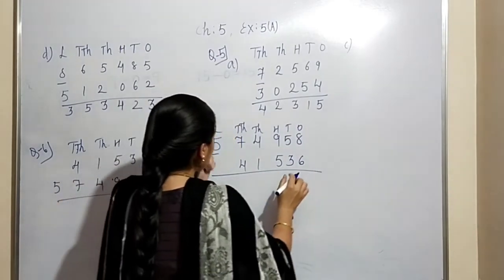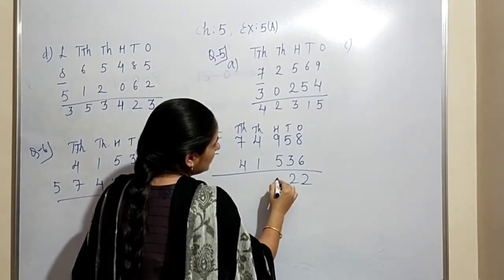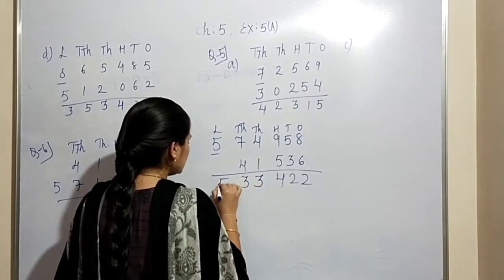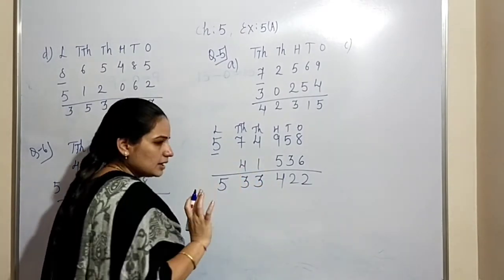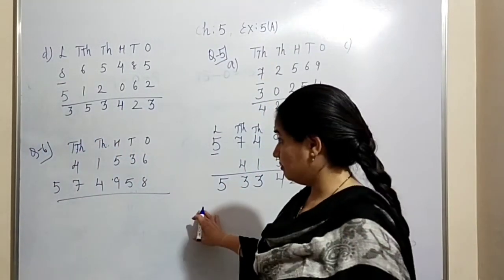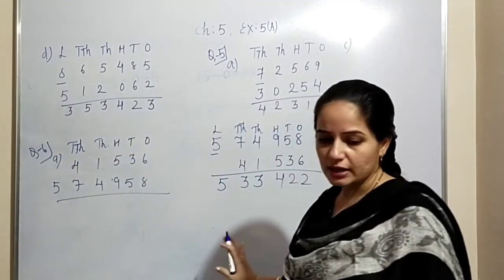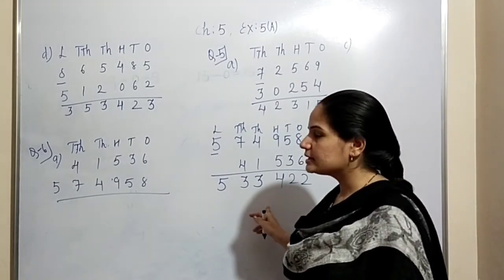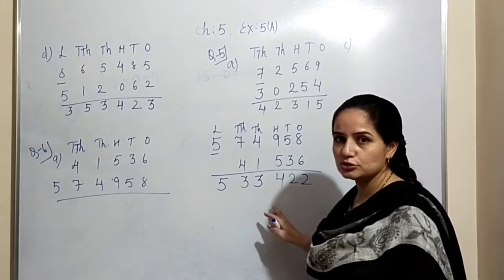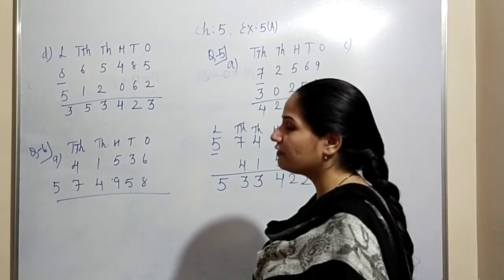Okay, now we'll find out the difference. 8 minus 6 will be 2, 5 minus 3 will be 2, 9 minus 5 will be 4, 4 minus 1 will be 3, 7 minus 4 will be 3, and 5 minus nothing will be the number itself, 5. Okay, so this is question number 6A. Now question number 6B you will try to do on your own. Okay, questions number 5 and 6 you will have to do in your fair notebook, because you are not given any space in the textbook to solve the sums. Okay, so from question number 5 you will do in the fair notebook.